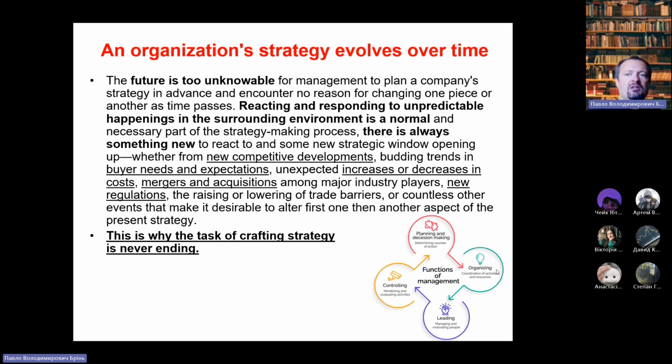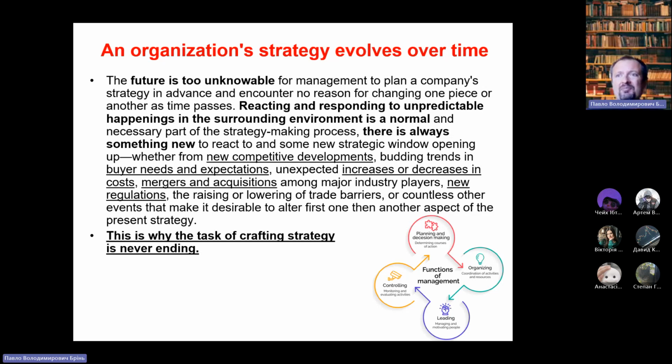And in this case, we can change something in the organizational structure of our company, or we have to change something in motivating within our company. However,